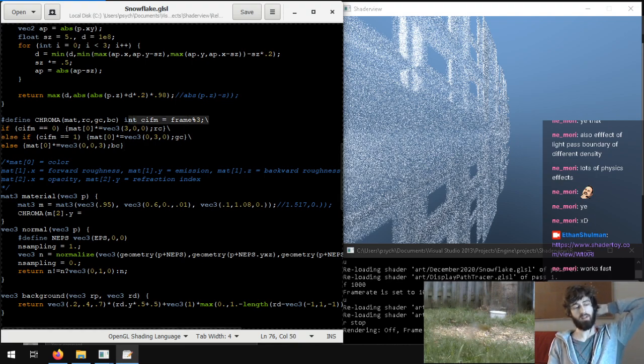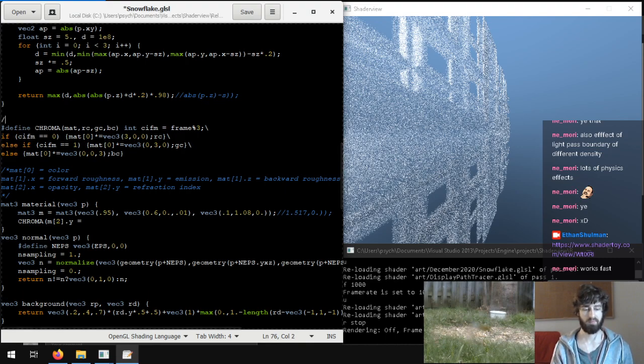I'm just thinking this is overkill, calculating it over and over again. I feel like there is a more optimal way of doing this than an if statement. Especially since if I had multiple of these materials, I would have multiple of these chroma calls that do multiple if statements. I don't know if there's really any way to optimize this because it is a complicated thing. What would be a more efficient way of doing this? Or maybe combining